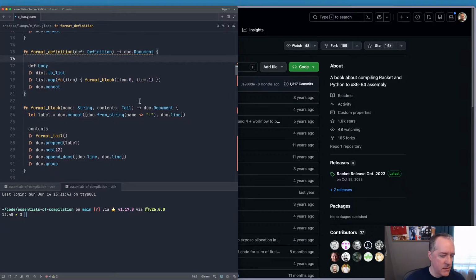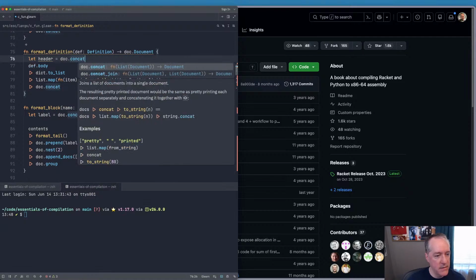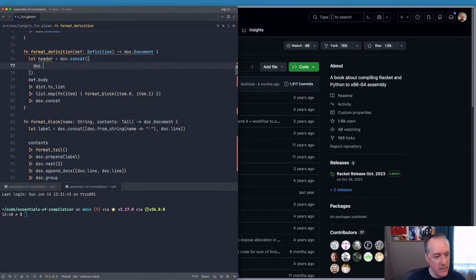So let's do. We don't need to nest, but we should preprint, I think. Or maybe we just make them a sequence. All right. Let's make a header thing, which is just a document concat, and we're going to say doc from string, and this is going to be semicolon space, right? So that we get the comment. Maybe we could do 2 semicolons,